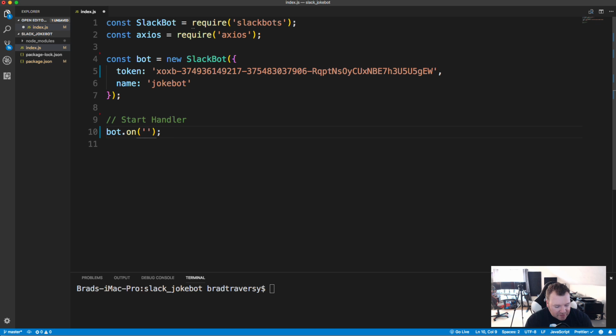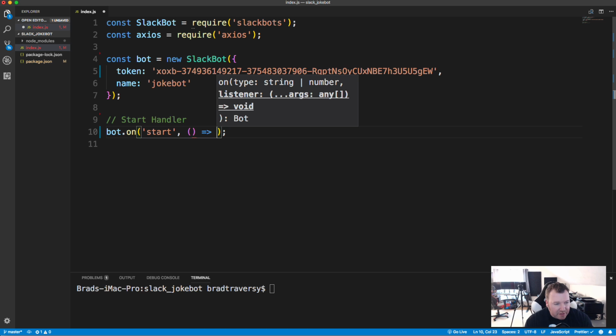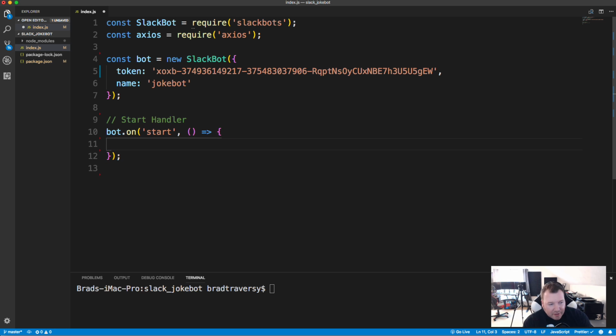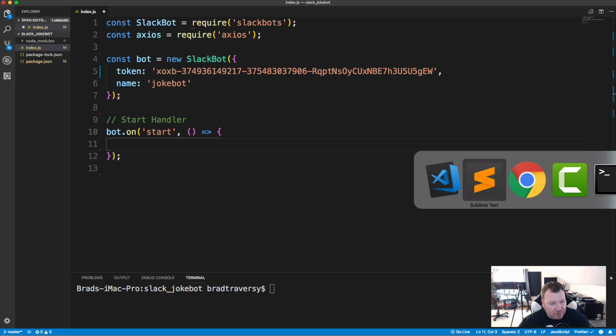And we want to say on start. So when it starts up, we want a function to run. I'm going to use an arrow here. And we want to have an icon show. So if I just show you the documentation real quick,